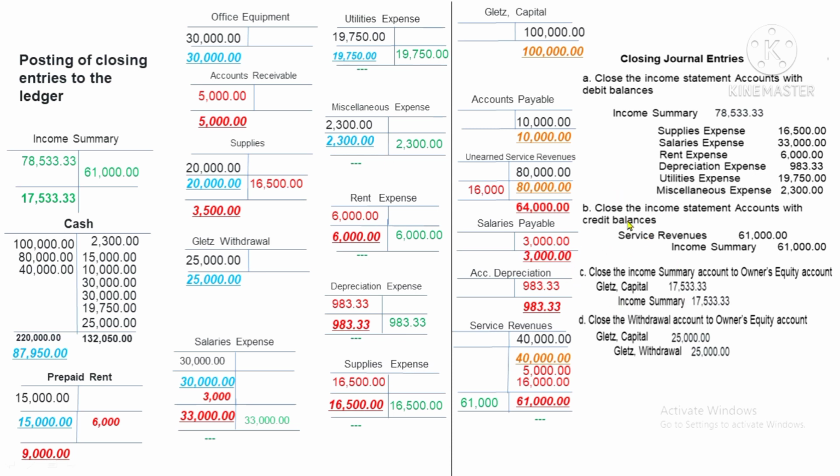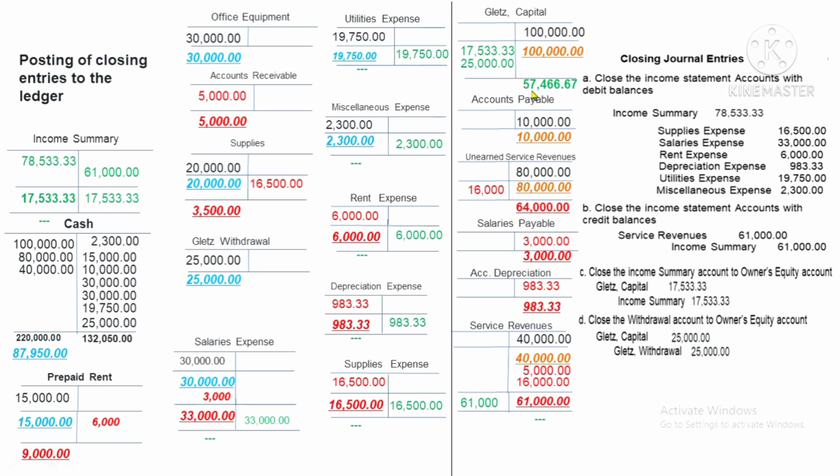Now let's go to the third closing journal entry. So debit Gletz capital 17,533.33 and credit the income summary, and if you credit that, then the income summary will have a zero balance already. And lastly, we have the fourth, which is we're going to close the withdrawal account to the owner's equity account. So debit Gletz capital 25,000, put it right here,